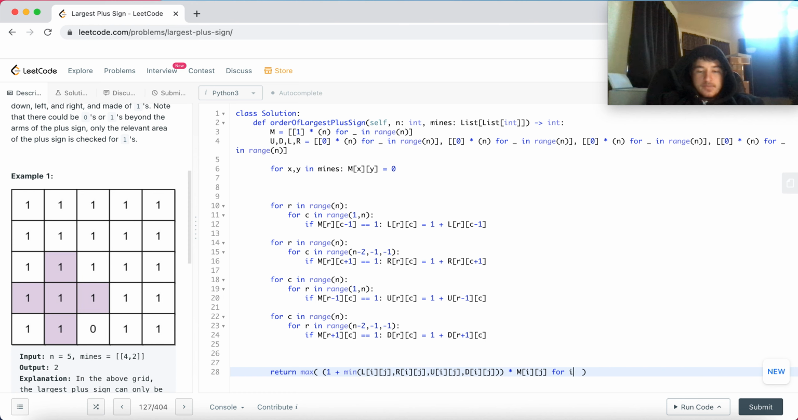For I in range, and for J in range, n. So basically what we're doing is we're looking at each grid cell, right? So we're looking at all IJ pairs. And then we're saying, well, if M of IJ equals 1,